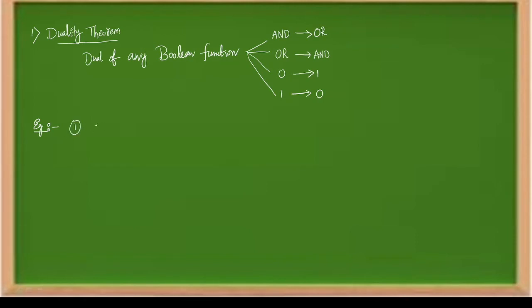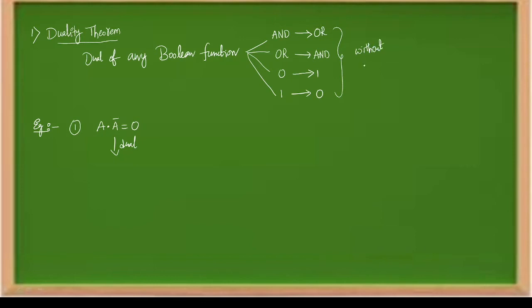For example, we have a postulate, let me write this postulate. We have a postulate that A and A bar is equal to 0. This is one of the postulates which we have studied already in our previous class. Now, if I want to know the dual of this postulate, what I need to do is, in that equation, I need to replace AND operation with OR operation, and OR with AND. If you have any zeros, replace those zeros with 1, and replace 1s with zeros, and you need to keep in mind a thing that